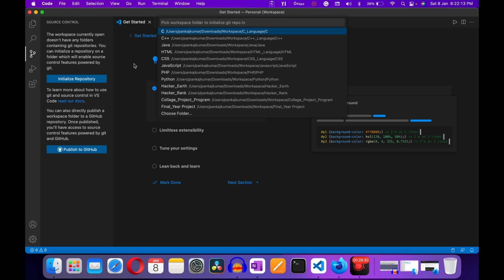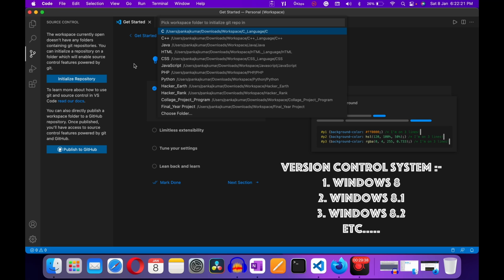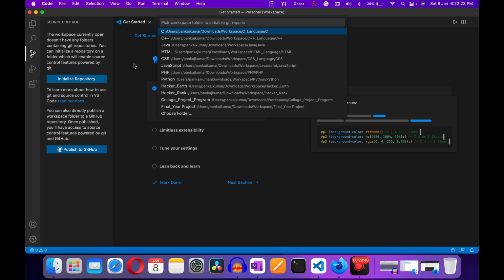So version control is like thinking about Windows. For example, Windows 7 and then Windows 10 would be an example of a version control system. Windows 7 was built a while ago, probably 10 years ago, and Windows 10 was built more recently, a couple of years ago. What they did is they took the existing version of Windows and built on top of it and added features. So they had a framework that they were working with, which was Windows 7, and then Windows 10 came later.